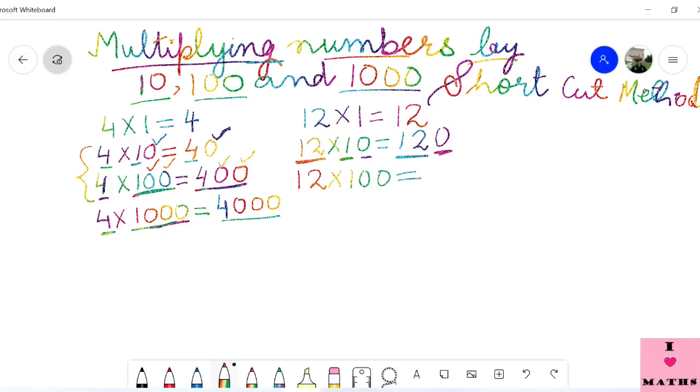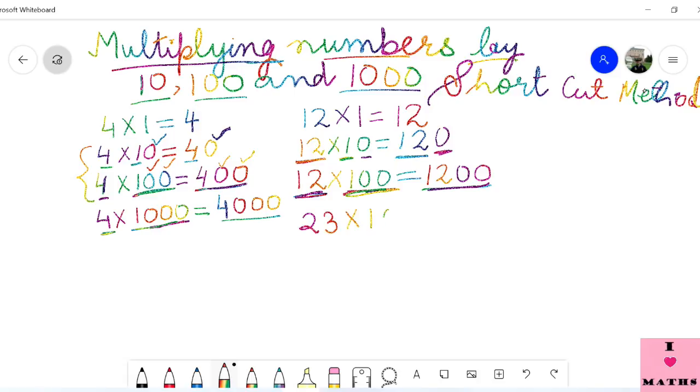Again, children, we will use the same trick. 12 ones are 12, and in 100 there are 2 zeros at the back. So 2 zeros will come here. So the answer of 12 into 100 is 1200. Okay. Now similarly, if we take more examples like this,